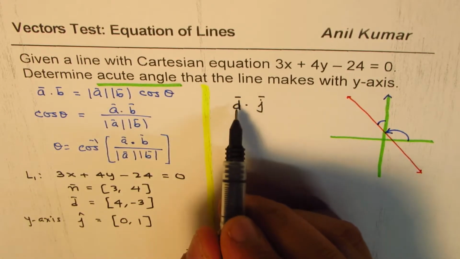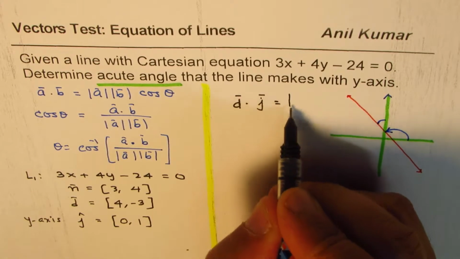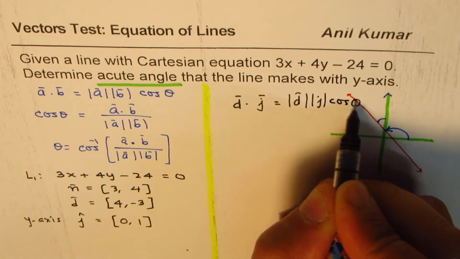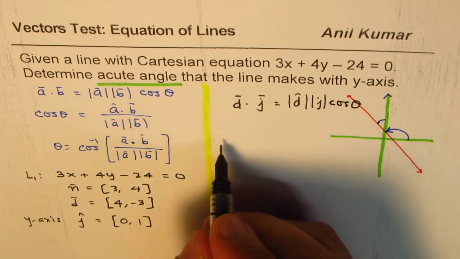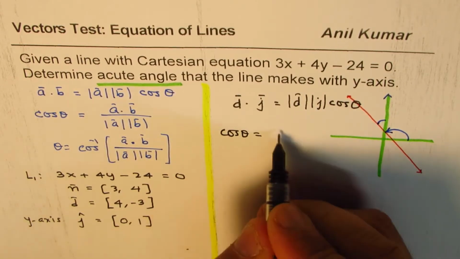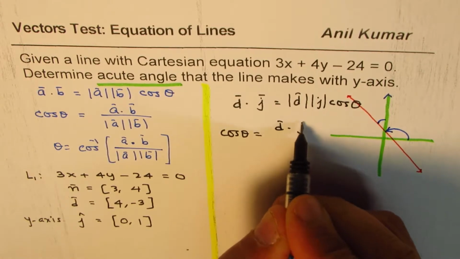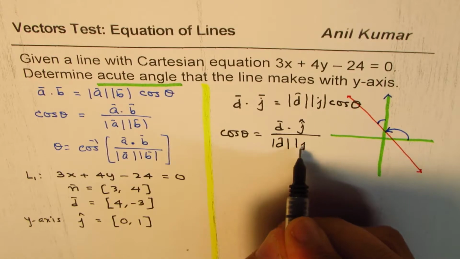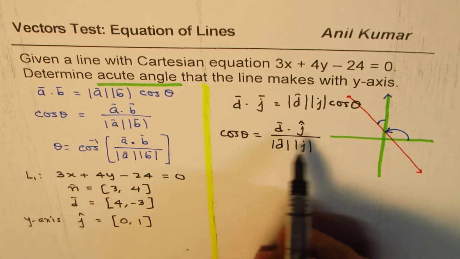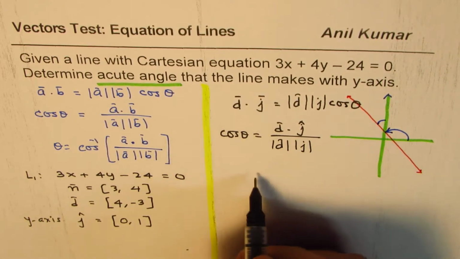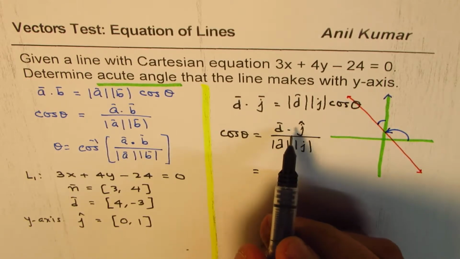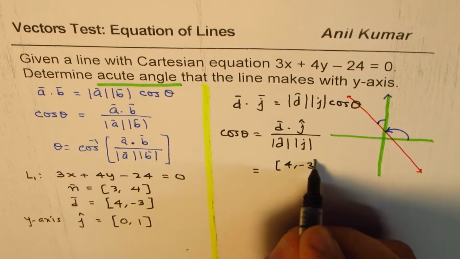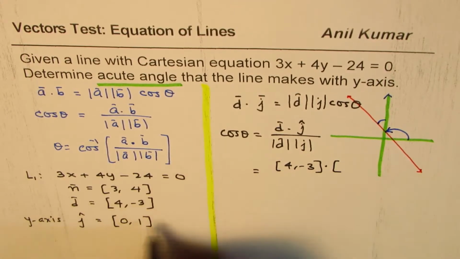So we have d dot j equals magnitude of d times magnitude of j cos theta. So cos theta can now be written as the dot product of these vectors divided by their magnitudes, correct? Okay, all this I'm only doing to explain to you. In the test you just need to do the dot product, which is 4, minus 3 dot j, which is 0, 1,